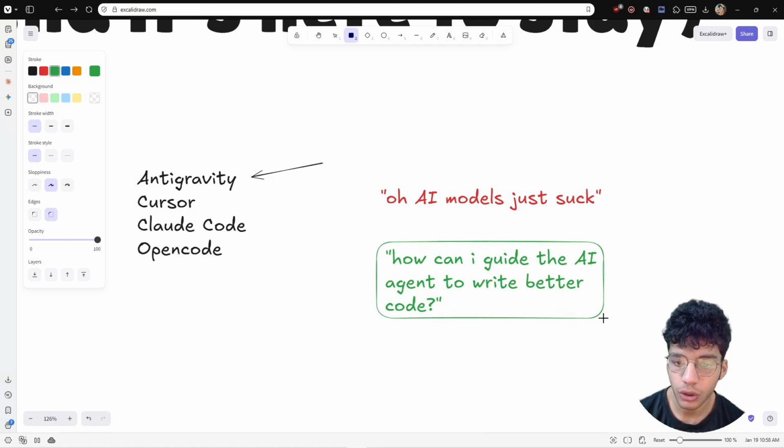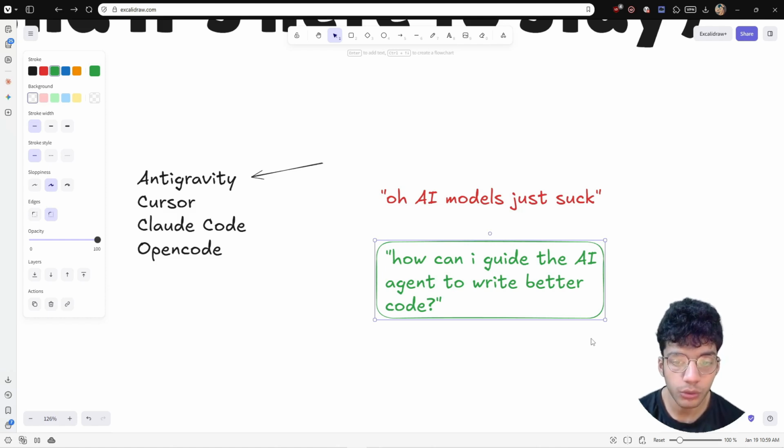And if you just always keep asking yourself this question, how can I guide the AI agent to write better code? Every time you run into some sort of a roadblock or obstacle with using these models, you're gonna go very far. You're gonna learn how to use these tools much faster. And honestly, the way these models have improved so fast, I don't think you're even gonna run into this issue very much, because if you can just give the agent halfway decent prompts, it can do really well, even with just that.